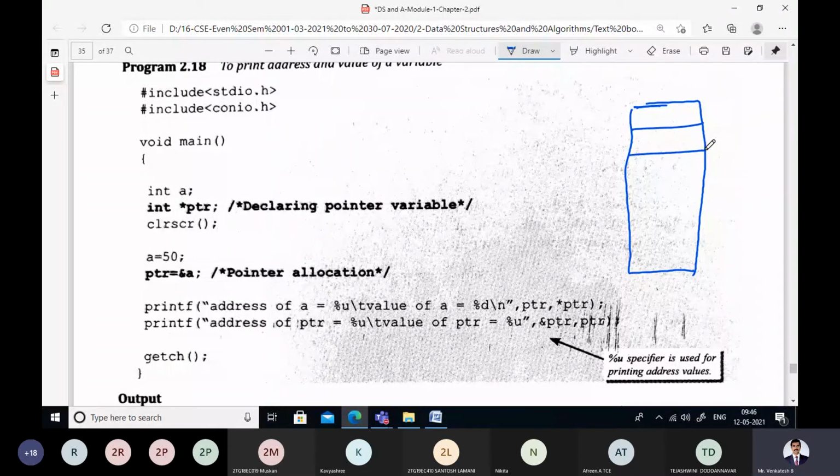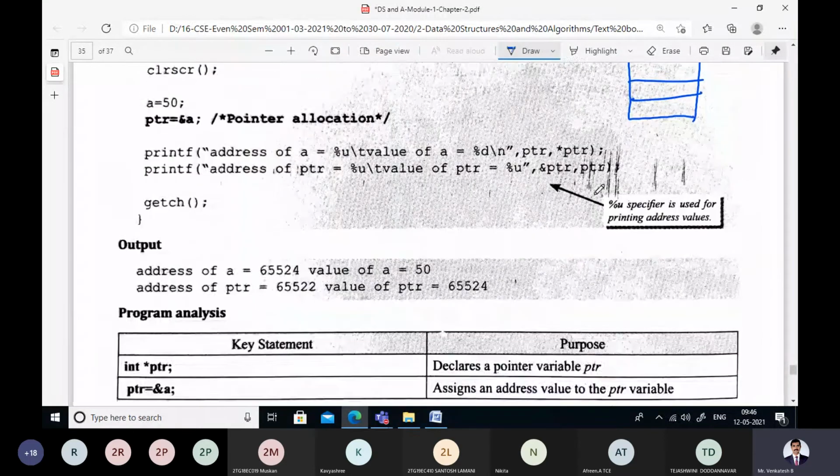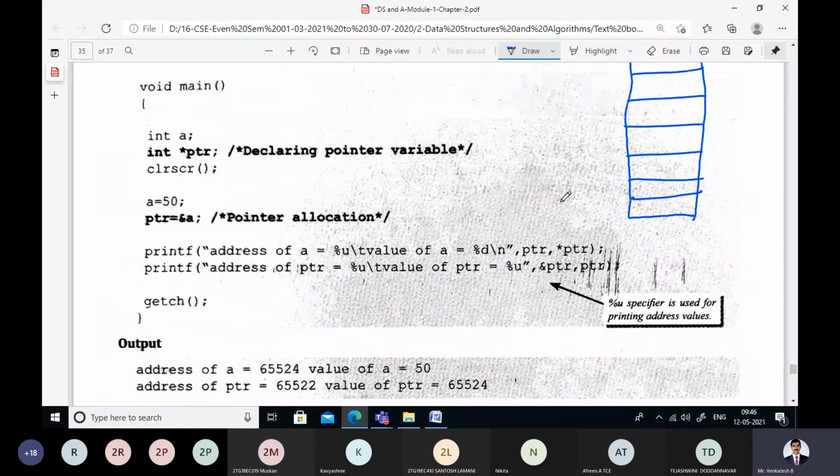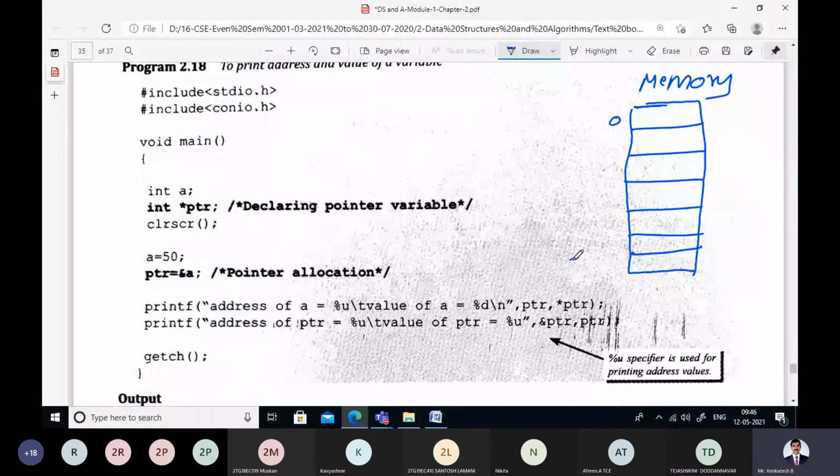So these are memory locations. That is our memory, which has some values. Let us assume some minimum to some maximum, say 65,000 to 70,000. These are the memory locations or addresses. So this is what we have in our hand now.